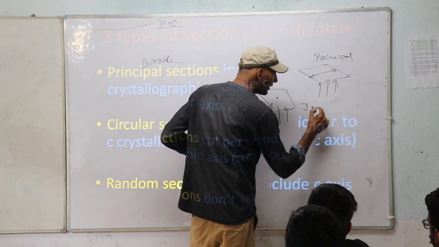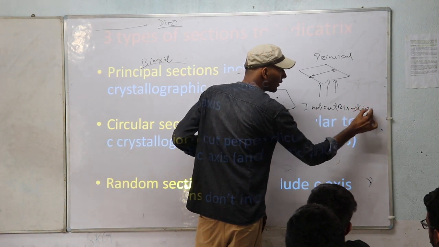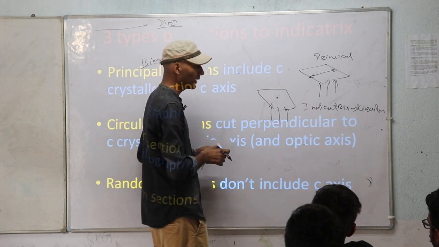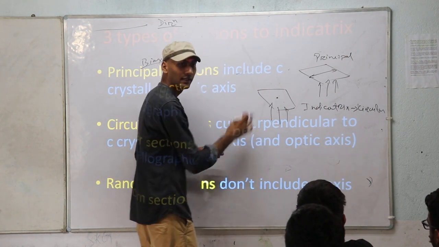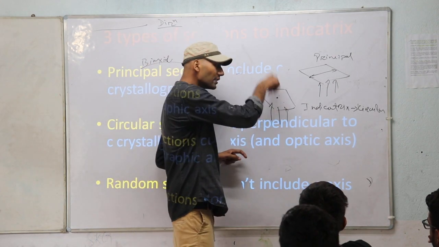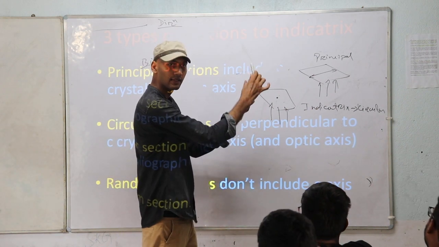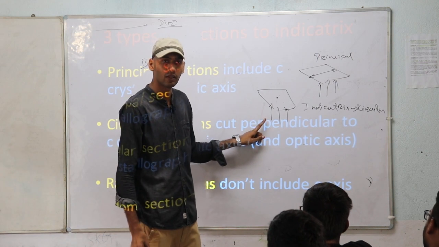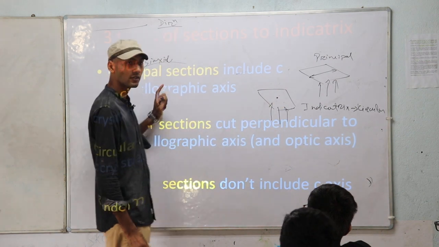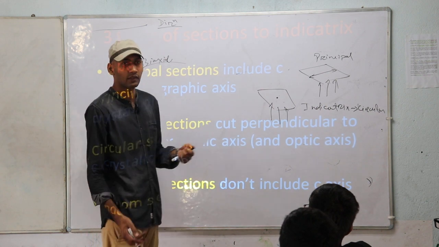If I am talking about indicatrix, that is circular when the optic axis lies perpendicular to the stage, or the optic axis is parallel to the light rays. You can see here, these are the light rays, and the optic axis is perpendicular to the stage. So the light rays are migrating parallel to the optic axis. Then there will be no double refraction. You are getting a circular indicatrix, there will be no double refraction. So which interference color are you going to see? There will be extinction.